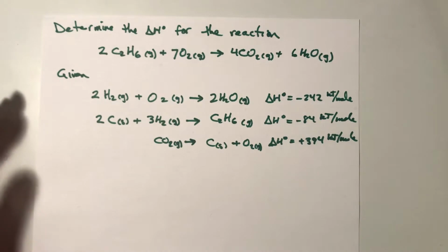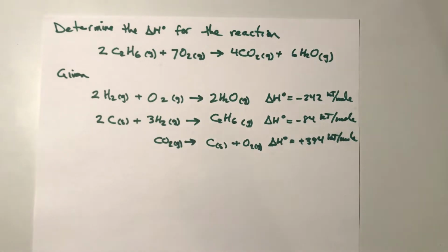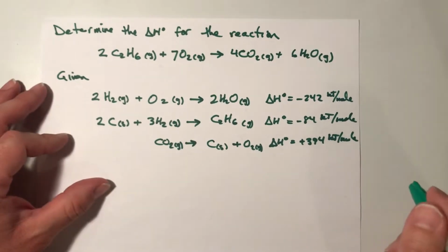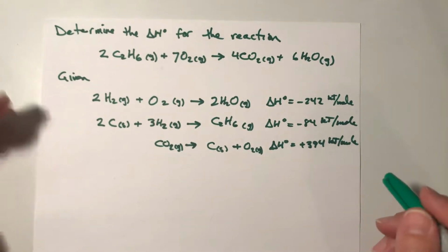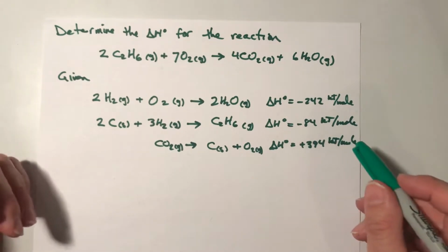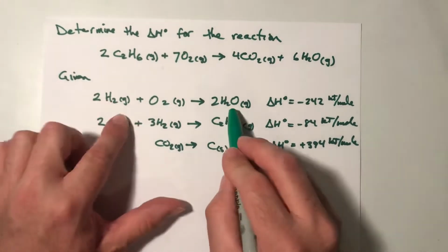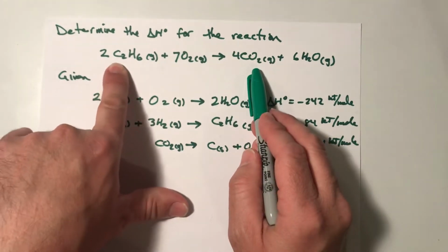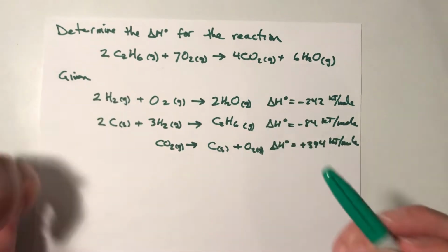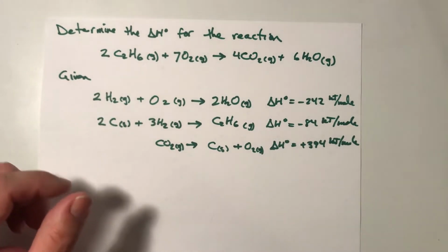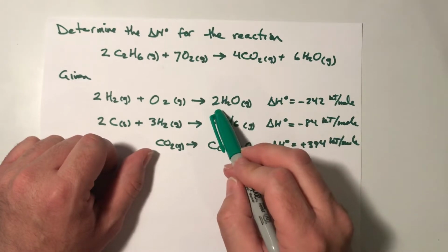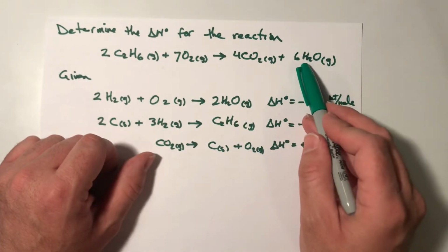The path doesn't matter. So if you want a hint, I'll give you a hint, but if you think you can do it right now, go ahead and pause here. If you need the hint, let it run for just another minute. So the hint is, remember that we need to take these reactions and make them look like the overall reaction. So the first thing we're going to do is notice, for example, that there's water in one of the given reactions, and there's waters in this one,